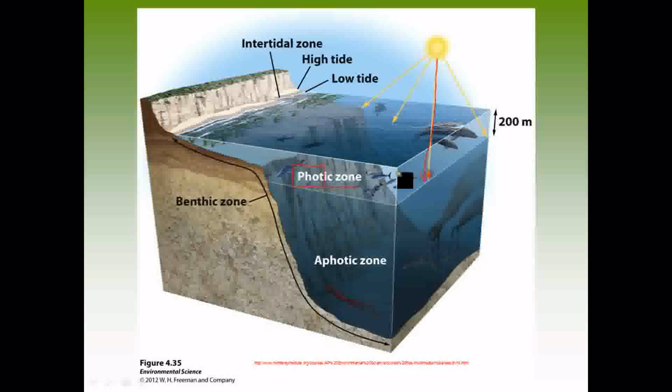There's lots of living things that live in the photic zone. This is where all the fish live. This is where all of the marine mammals live. They all live in the photic zone. They don't go down below, which is too dark to see a thing. And that's down about 200 meters, which, by the way, is